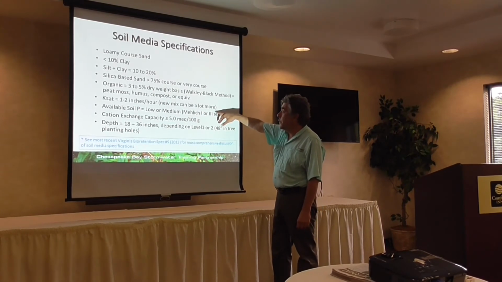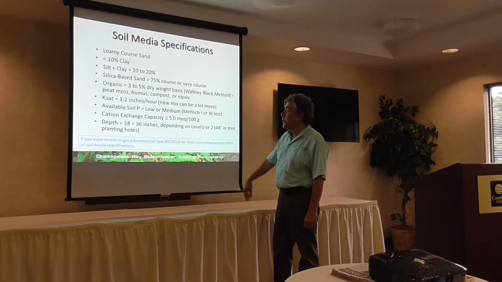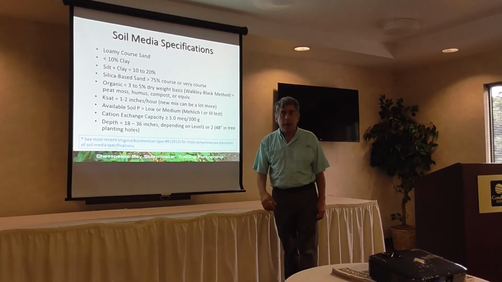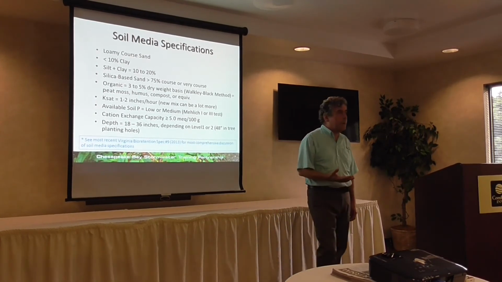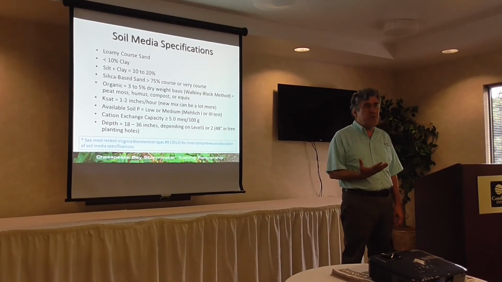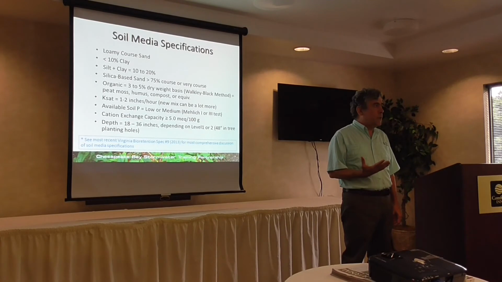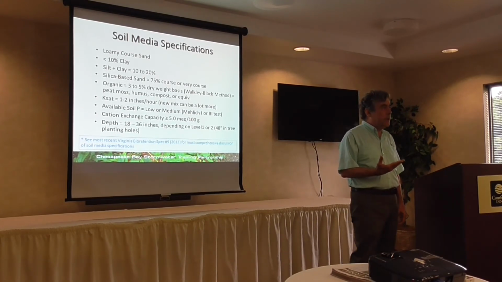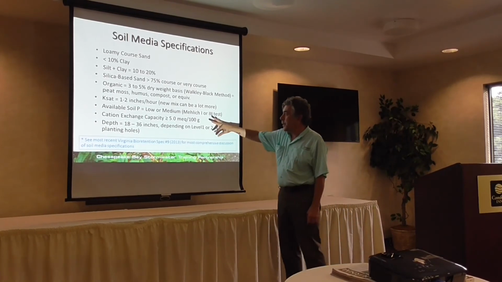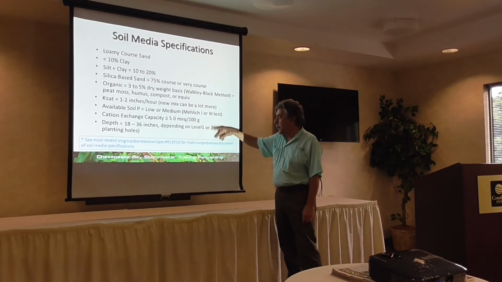Average at least 1 to 2 inches per hour. Most of the mixes are probably 8 to 10 inches per hour. You're actually really surprised how seldom modern bioretention areas don't pond. When you see them fully ponded, it's usually a sign that you have an underlying problem. And things like the cation exchange capacity,